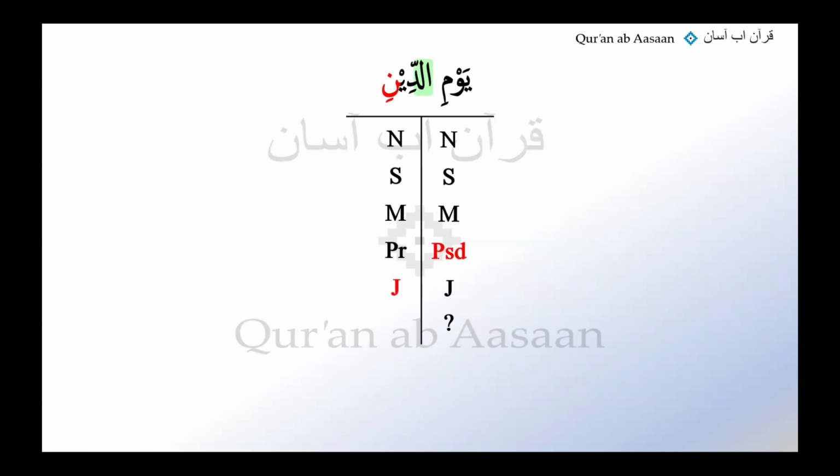And we look back. We know the reason of jar is because it's possessor. There is a null note and mean possessed noun behind it. So it's a possessor. And now that we know that there is a null note and being possessed noun followed by a noun in jar, which is its possessor, it is a what? It's a murakkab idafi. Should we color it now? Most definitely. We can color it. In which color? I just told you. What color is that? Was it red? No, it was blue. We are going to underline blue.